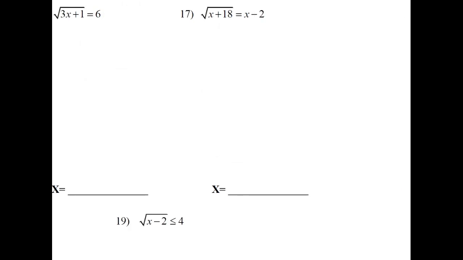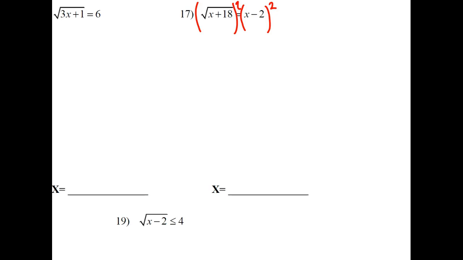Next question. All right. Number 17. How do I get rid of a square root? Square it. Good. Hey, you're listening. Square both sides. So go ahead and I square both sides. Square that, square that. Something amazing is going to happen here. When I square x minus 2, I'm going to get